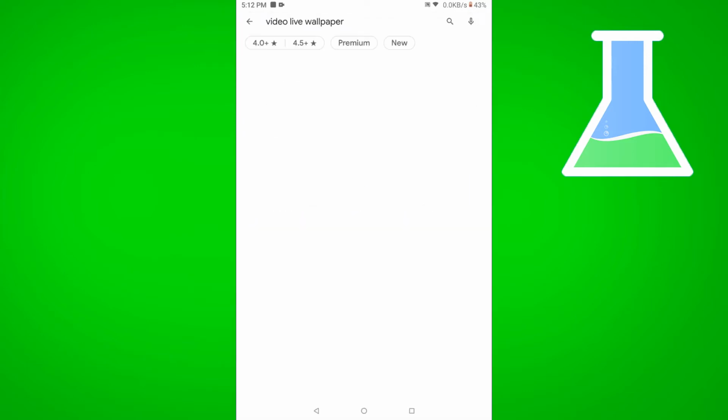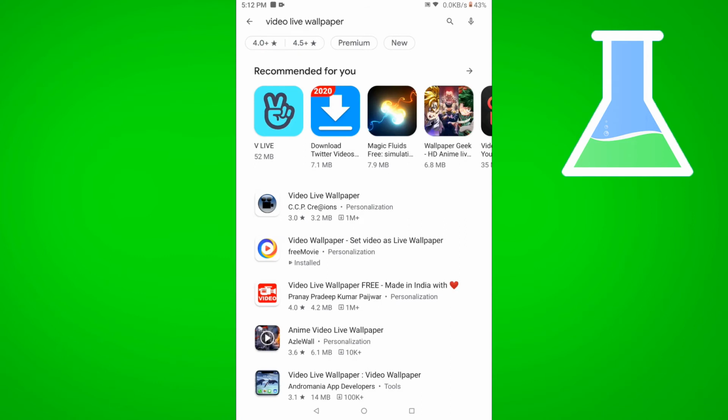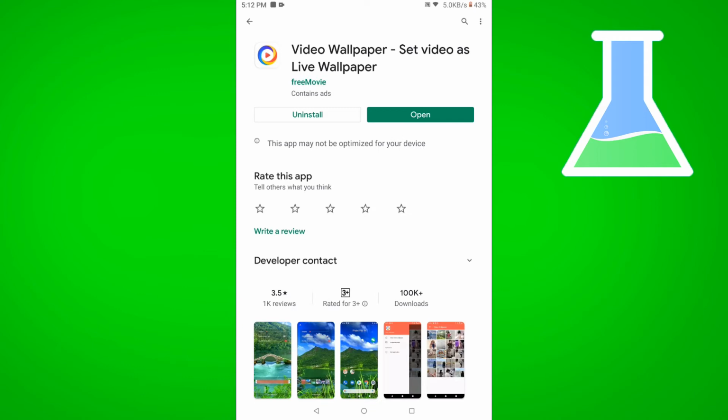So search for Video Live Wallpaper, and in my case, I have chosen this application. You could choose any application that you like. The process is almost similar, by the way. So let's tap on Open